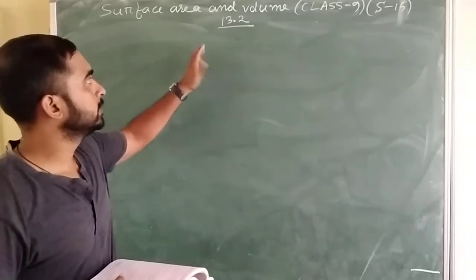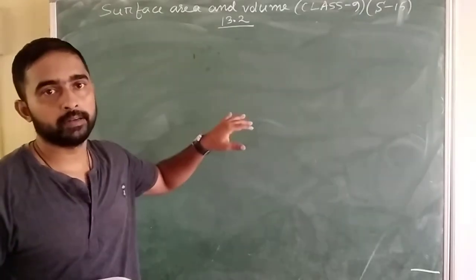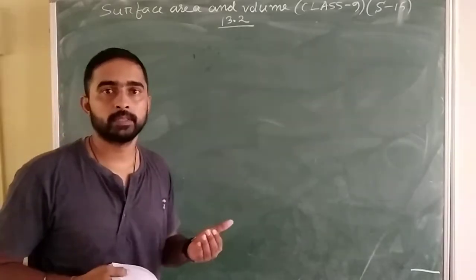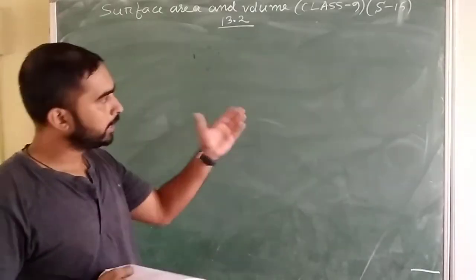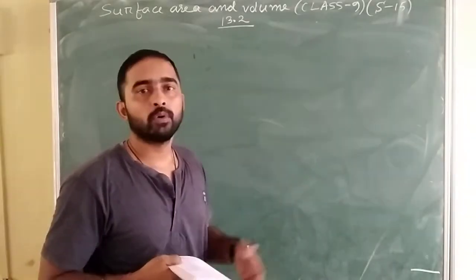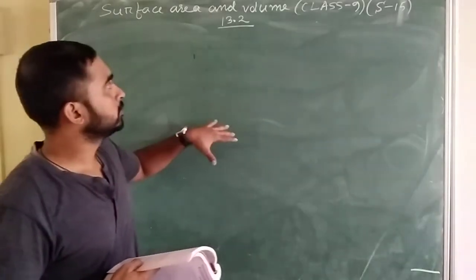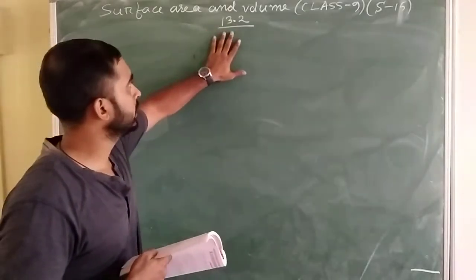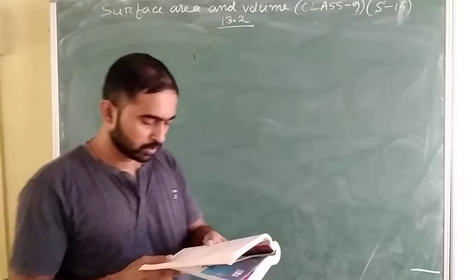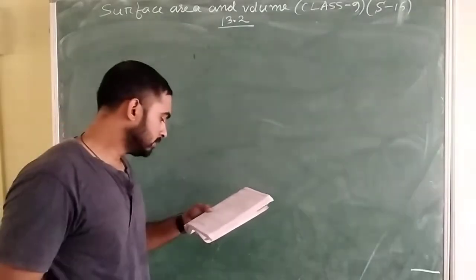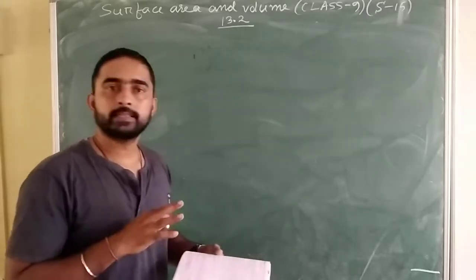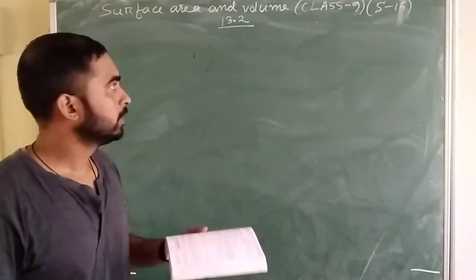And in this exercise, the questions are based on the cylinder, meaning find the total surface area or curved surface area, the area of one base, or the total surface area of a hollow cylinder. So mainly this exercise is based on the surface area of a cylinder. So what is the first question? Curved surface area of a right circular cylinder. Normal cylinder and right circular cylinder are both the same.